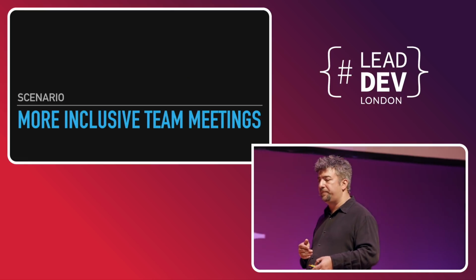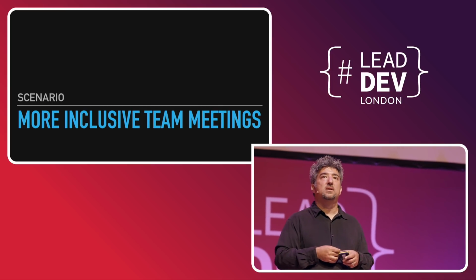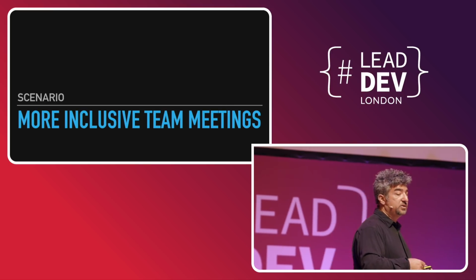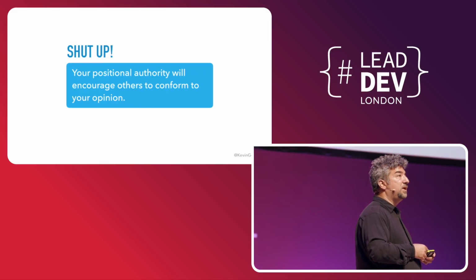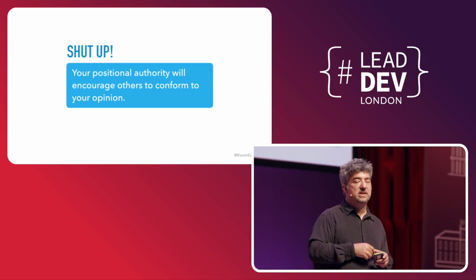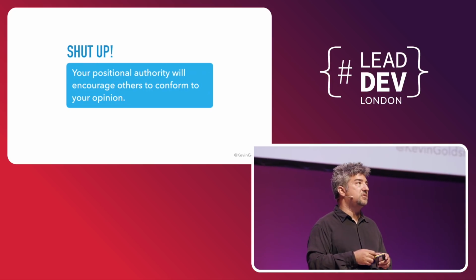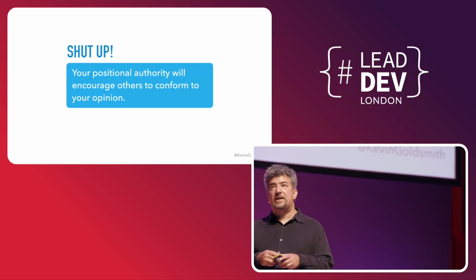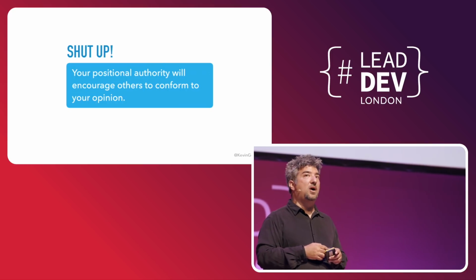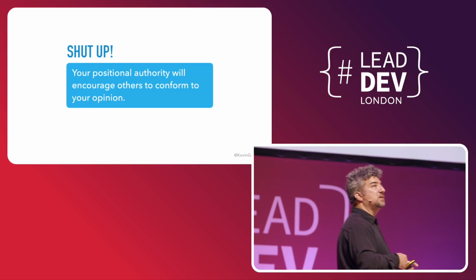I wanted to finish up with just some tips, I guess, about how to make your team meetings, when you have them, more inclusive. One, we've heard people reference, without referencing, this notion of role power or positional authority. Congratulations, you're a lead or you're a manager of people. Awesome. You have a problem now. It's a blessing and it's a curse.